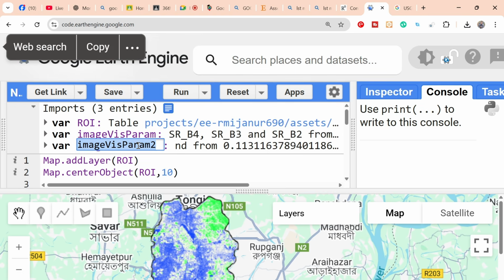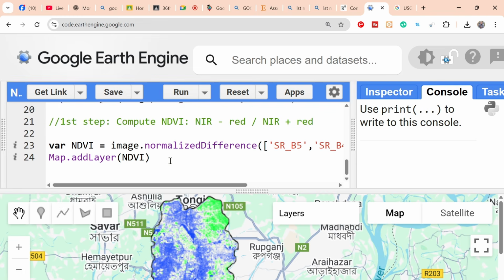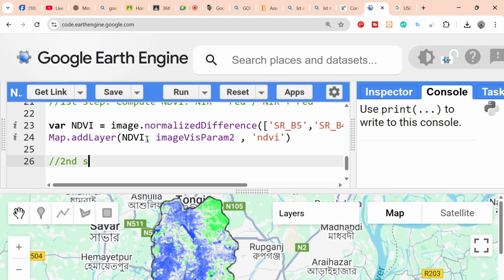Just copy the visualization parameter from here and paste after the object name of NDVI, and then give a layer name. I put the layer name, suppose NDVI. So this is the first step for NDVI computing. Then second step, we need to compute